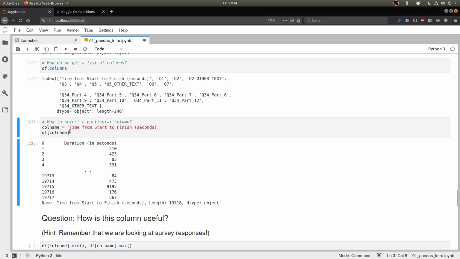A bunch of those things are there. So one of the columns we're considering first is the time column, the duration. Think a bit about how this might be useful. Feel free to pause the video, and when you have thought about it, when you have, say, a couple of ideas about how a duration might be useful in analyzing this data, resume the video.